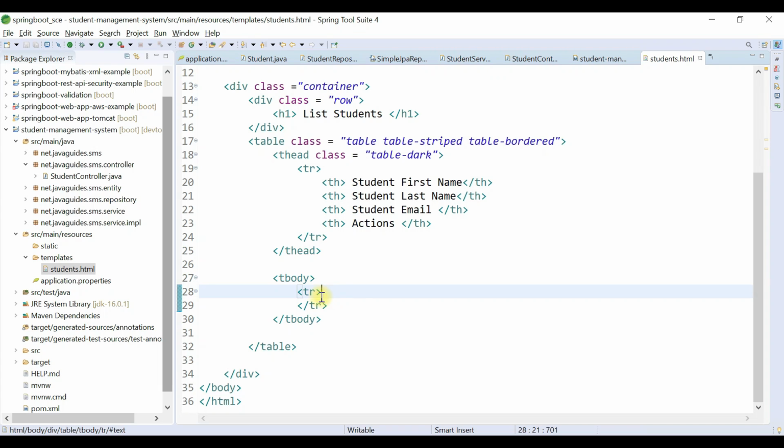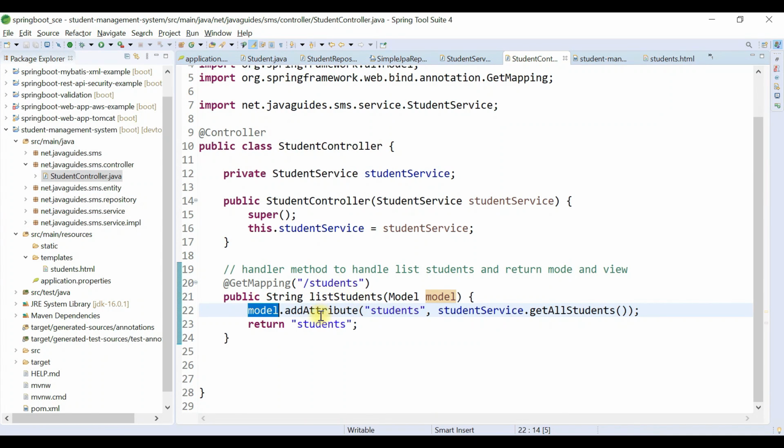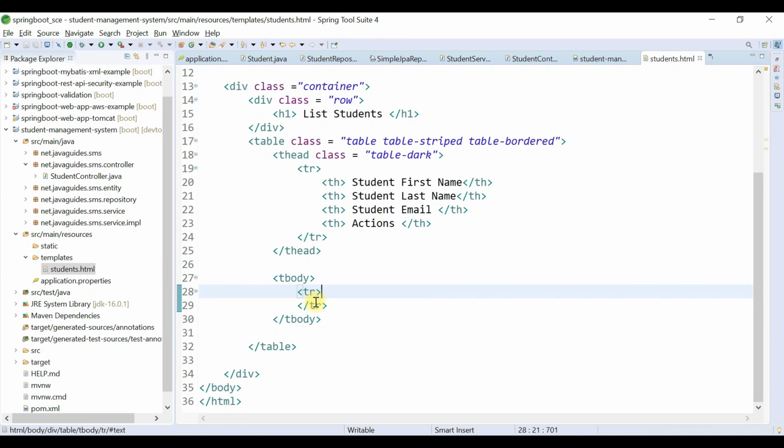This list of students we are going to iterate and display in the table body. So for that we are going to use the th:each attribute. Just remember, this is the Thymeleaf attribute which we can use to iterate over a list of students, and then access the students variable by using Thymeleaf syntax, that is dollar within curly braces, students.